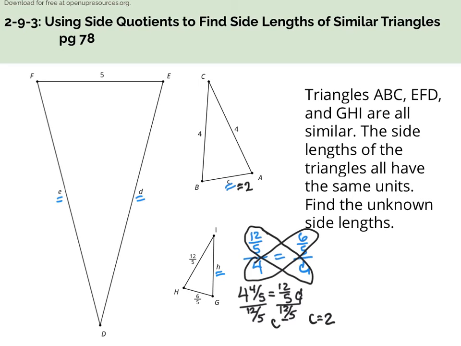Now, let's go ahead and find H. Again, we're going to set up a fraction, or a quotient, just like we did here. We're going to set up the same thing for H. So I'm going to do 12 over 5 and 4 again. So we have, let's do red, 12 over 5 over 4 equals, and notice how h goes with 4. So we're going to go h